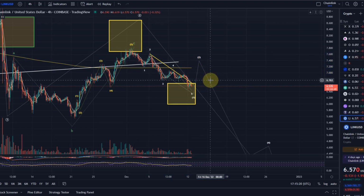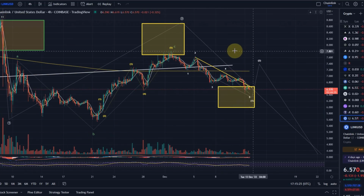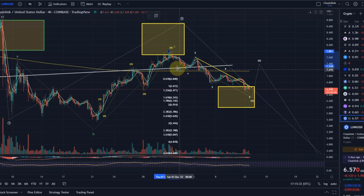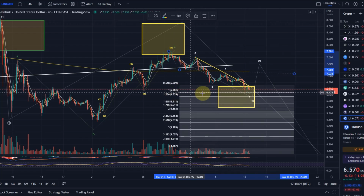Yeah, but as I said, one more low could be made here. And if we look at an ideal target, we take the length of wave 1 and go to the high of wave 4, and oh wow, you can see we actually reached the 1-to-1 ratio perfectly already. Yeah, that might have been a target I gave you before, because the 1-to-1 ratio is a very likely target for a wave 5. Now, if we get one more low, it might be either $6.34, that's the 1.236 extension,